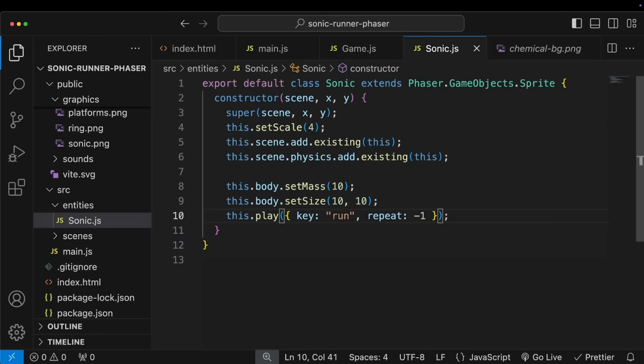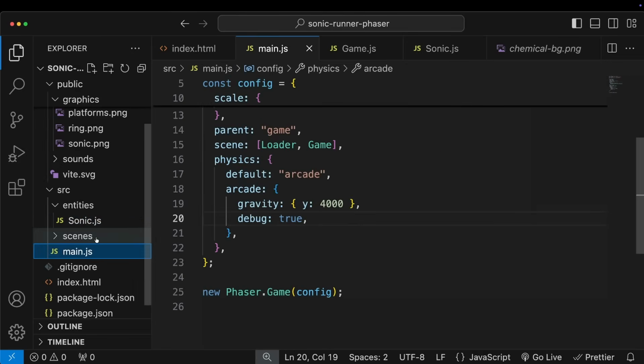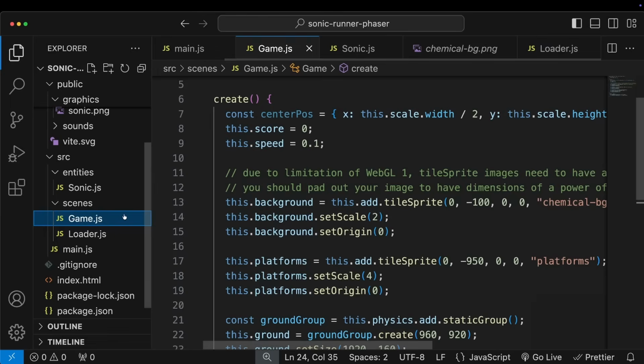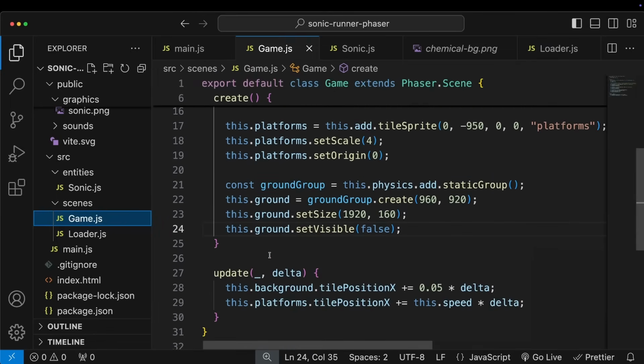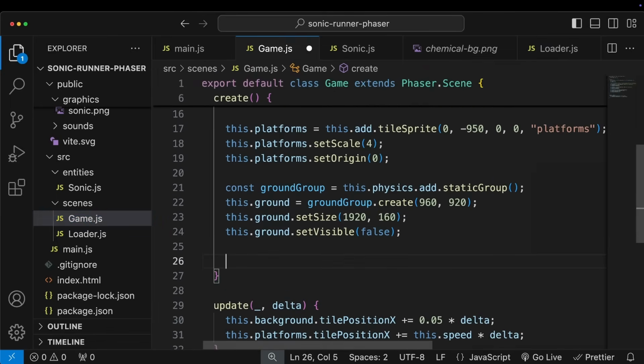This isn't a Phaser criticism tutorial. It's actually, let's build stuff with it. Anyway, now if we go back to our game class, make sure to import the Sonic class at the